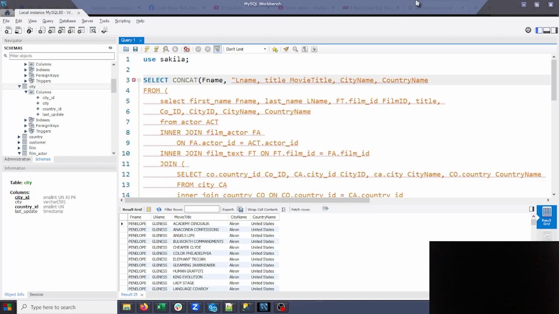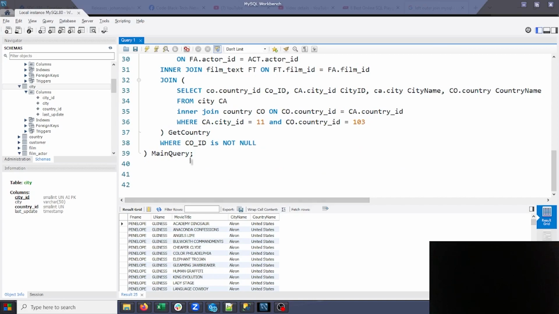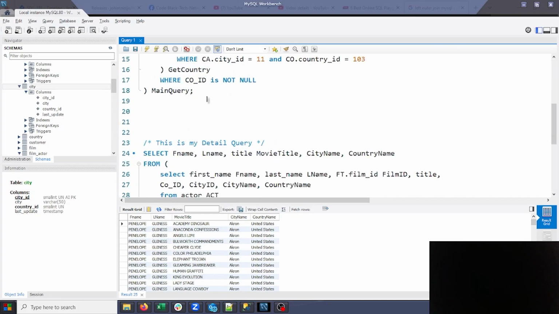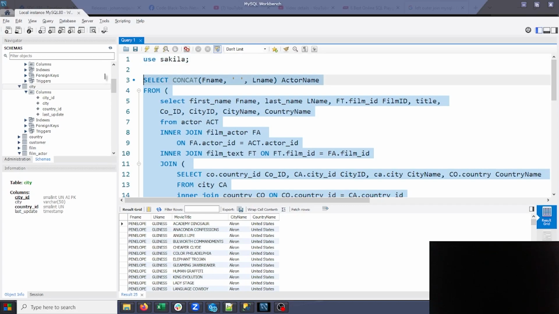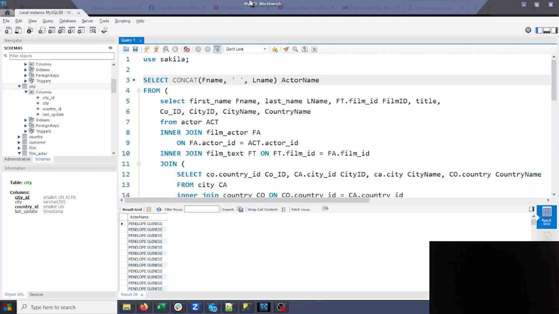First name and last name into actor name. We'll get rid of the city and the country. Let's say this is just a query that's going to grab the number of times an actor is in that table, in this query, I mean. So if I run that, now I can do this, and I can say, give me a count of the number of times that actor's in there. So I can say,